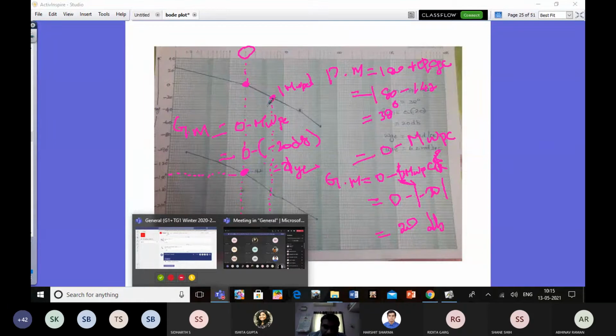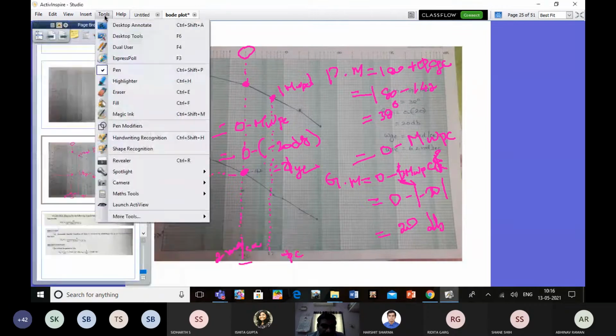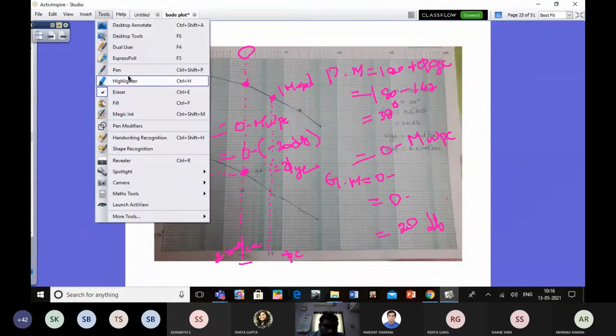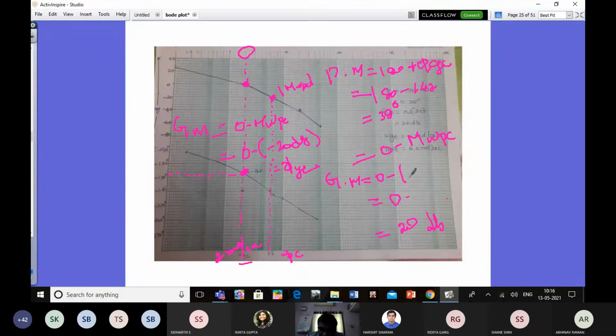It's not plus. Actually, whatever you are getting, plus or minus, you can substitute. 0 minus of magnitude of omega PC, plus 20 or minus 20, whatever you are getting. Here we have minus 20. You can substitute, you will get the answer. It may come for minus of minus 20. Your doubt is clear, dear, now? Yes, sir. Okay.